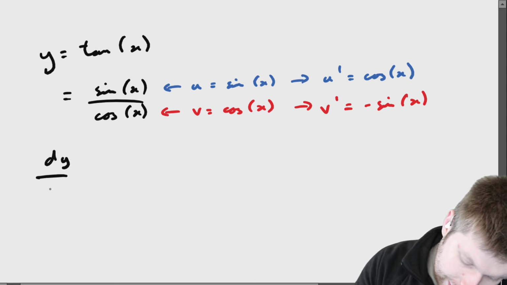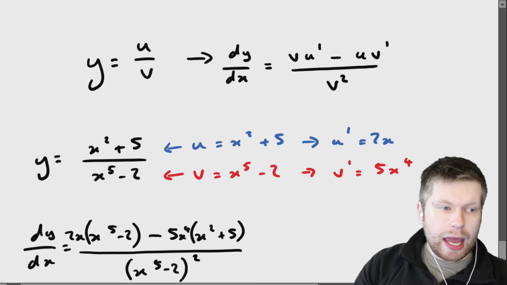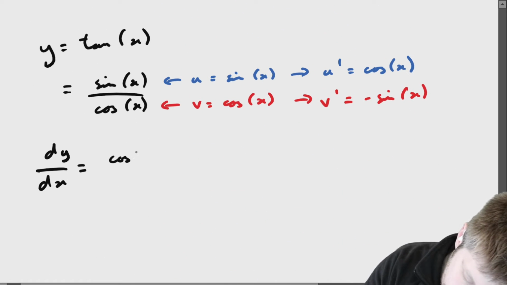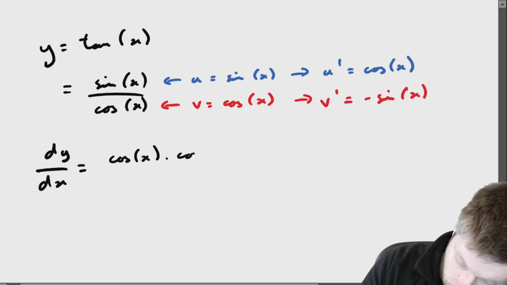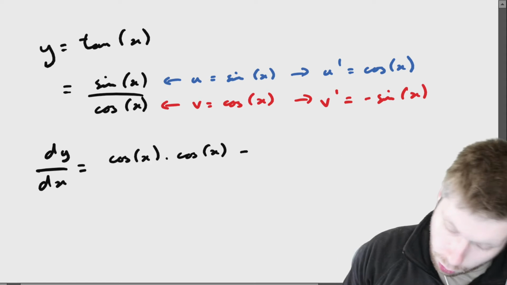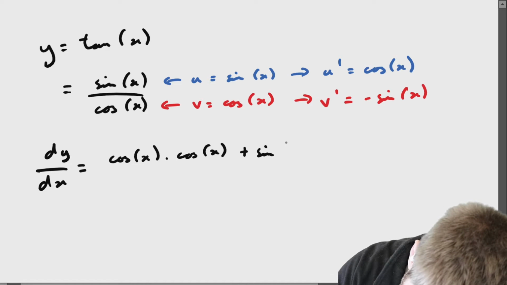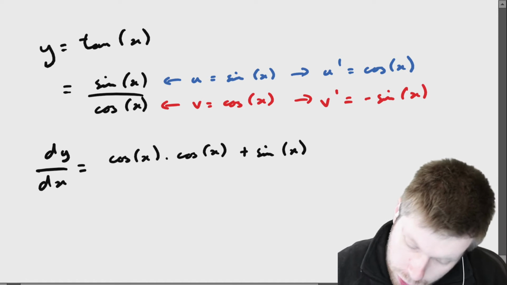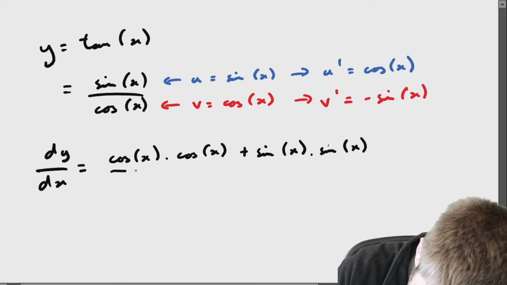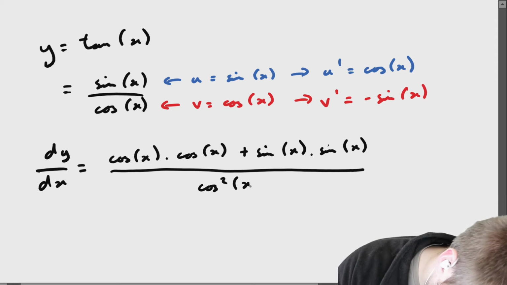So I get dy by dx is equal to, well, just remember my formula, it's up here in case you've forgotten, it's a derivative of u multiplied by v, so the derivative of u in this case is cosine of x, multiplied by v, well, that's also cosine of x, minus the other way round, okay, so the derivative of v is equal to negative sine of x, I'm going to make that positive, so negative times negative is a positive, so negative sine of x, multiplied by u, which is just equal to sine of x. And in the denominator, I just get v squared. So v squared is going to be cosine of x all squared, which I'm going to write as cos squared